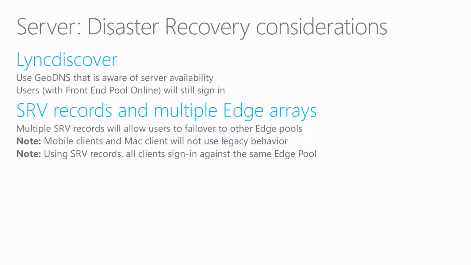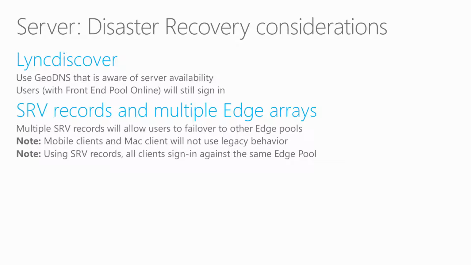A few considerations regarding disaster recovery. The assumption here is that you have a server, because this applies only to server. If you're using Office 365, well, we will take care of disaster recovery for you. But let's say you have a server and you have multiple pools in different regions or different geographies. You want to really be sure that if you lose one of your data centers, users can still sign in. So the recommendation would be that you always use Lync Discover and that you use GeoDNS